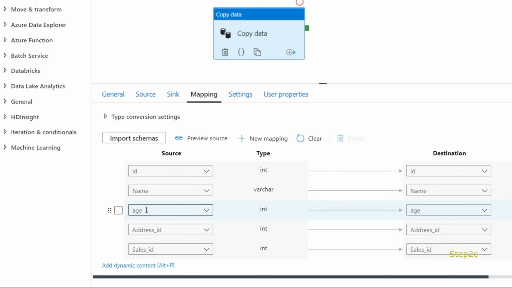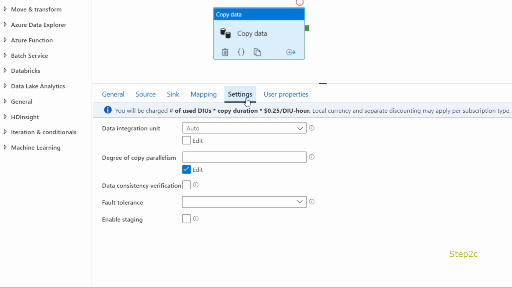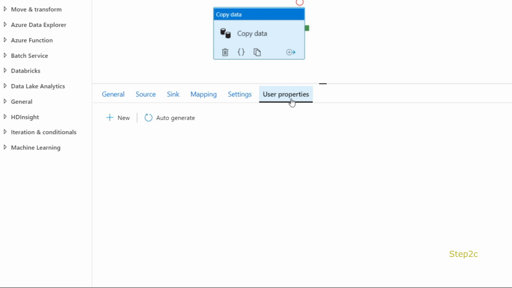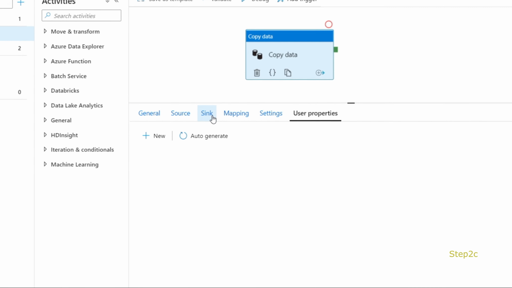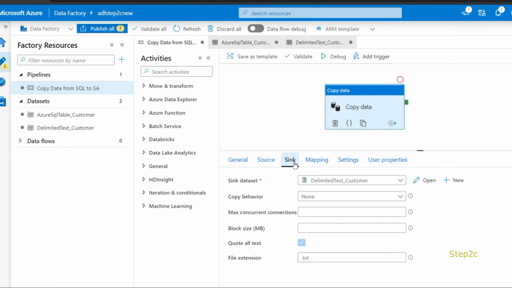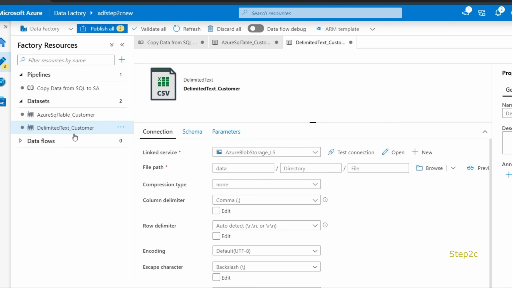That will be saved into the corresponding columns. In settings, I'm not going to update anything, and in user properties we are not making any changes. Also, we need to specify the file name. So let's go to the delimited text dataset and we could specify the file name.